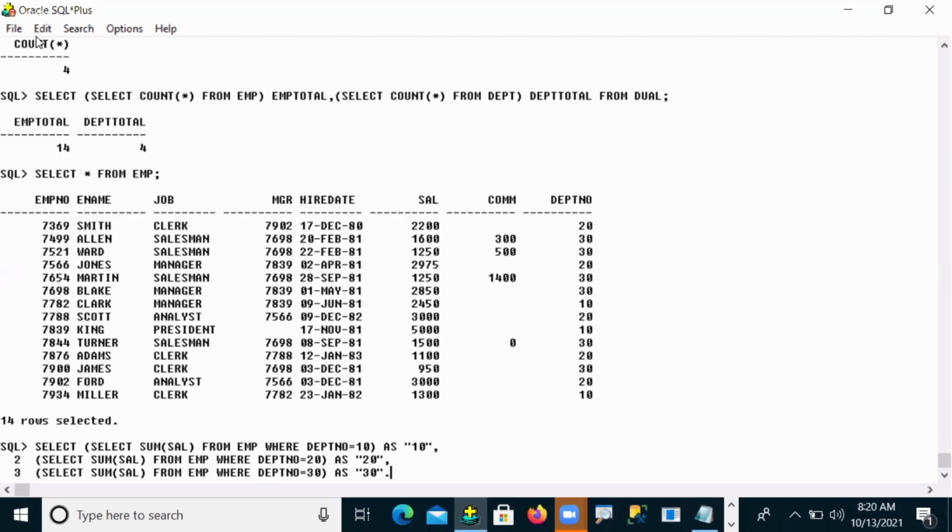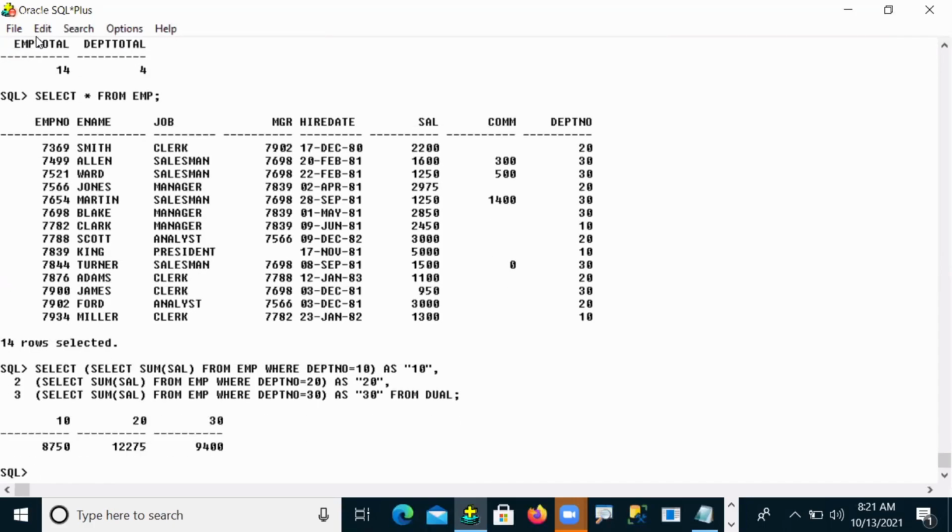So it was converting and showing my row data as column-wise data. I'm making headings here, just like column headings. That is the reason I was taking double quotes here. Okay, now the 30 was taken out, and as usual from dual. Now let me execute this one. Yes, now we can see.